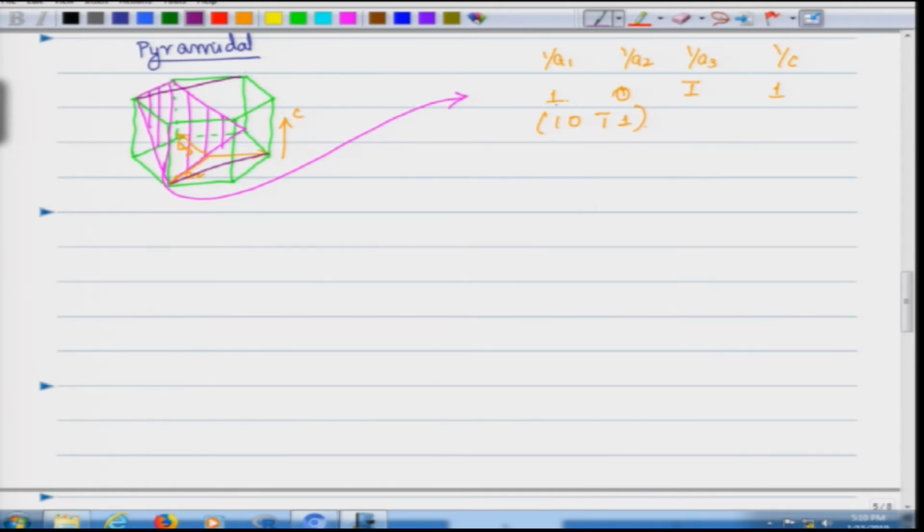So, here I missed out telling one thing, that this is 1 over A1 we have taken as 1, because you can consider this plane parallel here. So, if you are taking it here, then the intersection would be at A1 equal to 1. So, that is where we are getting 1. You will not take it as 0, that will not be meaningful.